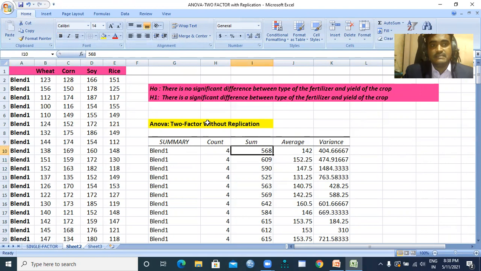And you can see the sum also. For blend 1, 123 plus 128 plus 166 plus 151, the total sum value is 568 and its related average is 142. And the corresponding variance in the data is 404.